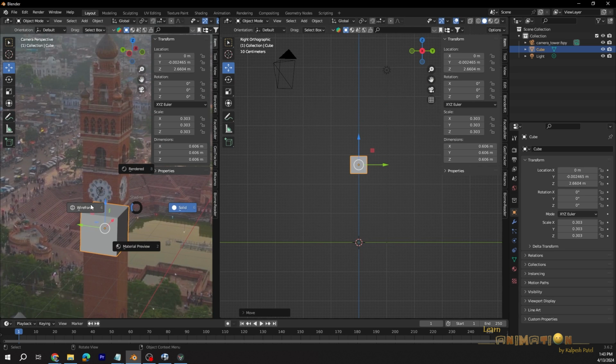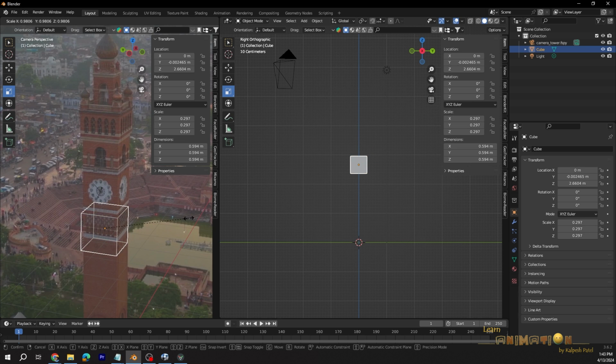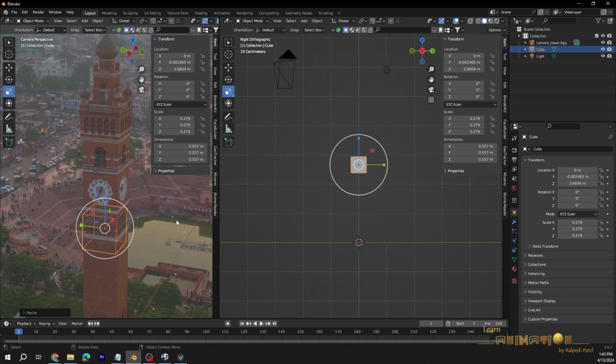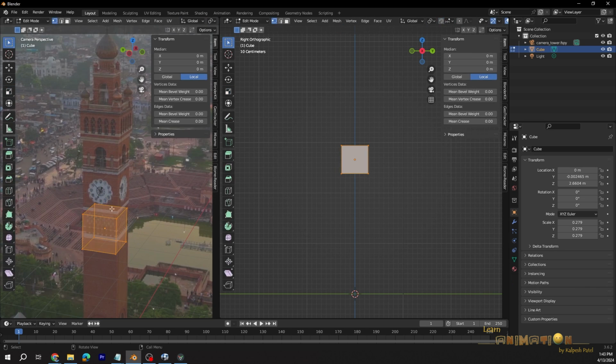Now press X and just match this cube perfectly, so that from here you can start modeling.